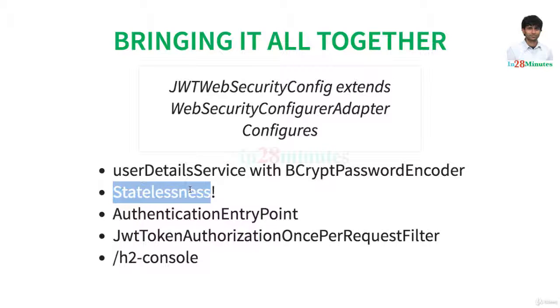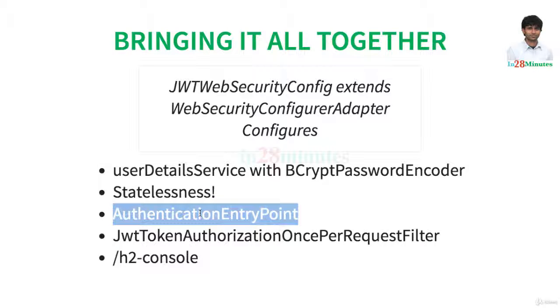We don't want a session created for us in the application. We are creating a REST API. We don't want to have any session on the server. The next thing is something called authentication entry point. Authentication entry point is all about handling